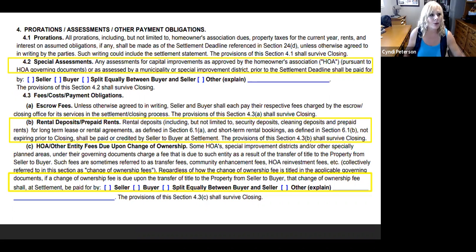And then rents, if there's any rentals on the property, say that they've been renting out the home for some time and they've got a renter in there, all the prorations will be done based off of that. And of course on here, the part that I have as 4.2, the special assessments, I want you to know